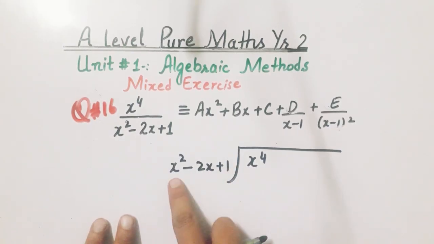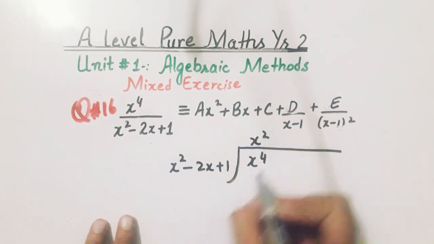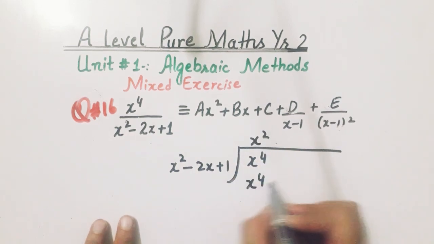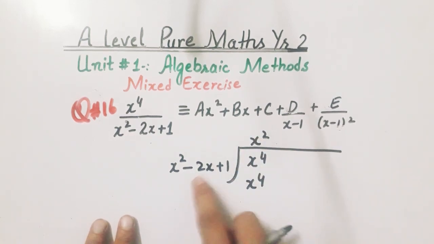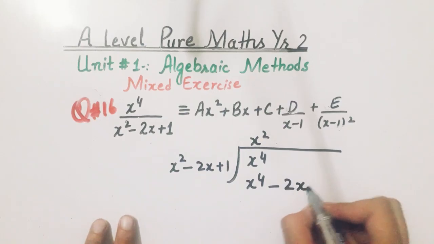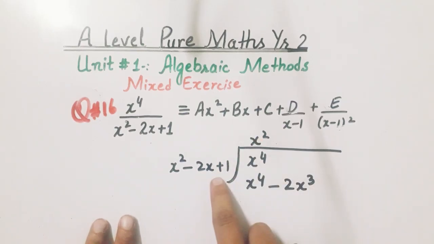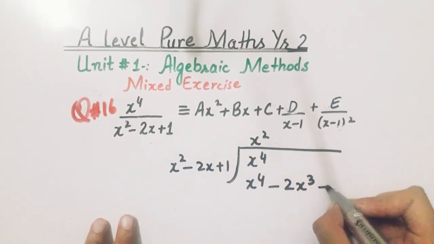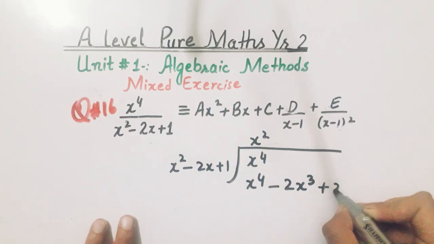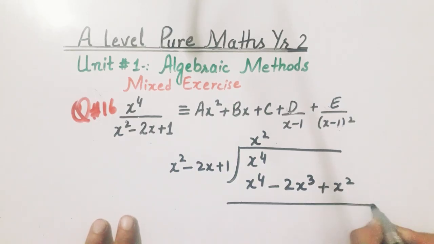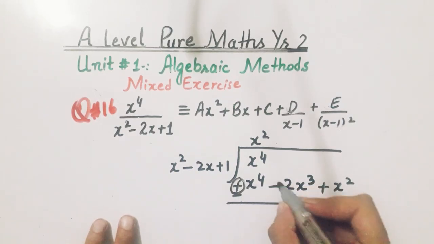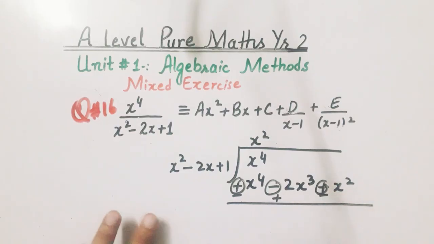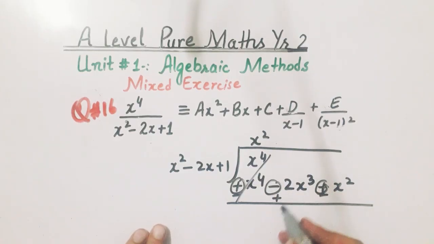To make x⁴ we will multiply x² by x². It will become x⁴. x² multiplied by minus 2x gives minus 2x³. x² multiplied by 1 gives plus x². Now change the old signs and give the new signs. We get x⁴ minus x⁴ cancelled out. This is 2x³